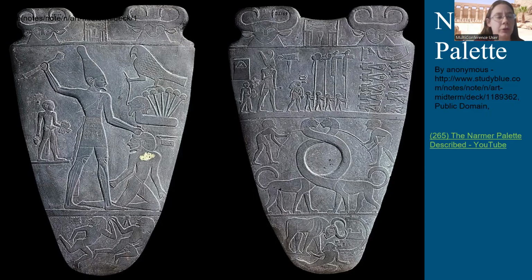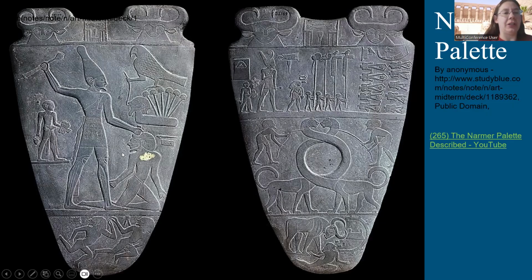So if you look at this side here, one of the first things that you'll notice is that Narmer is this figure here. And we know he is Narmer because his name is in the serekh there. But if you look at the size of him, he is the biggest figure in the composition. And this technique of using size to show you how important different people are is something that you'll see repeatedly used in Egyptian and elite art.